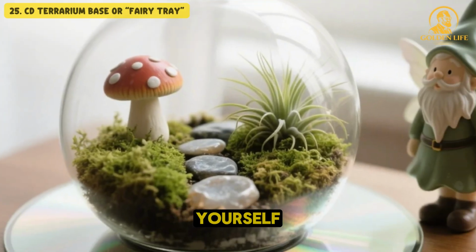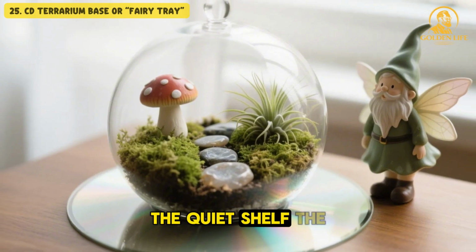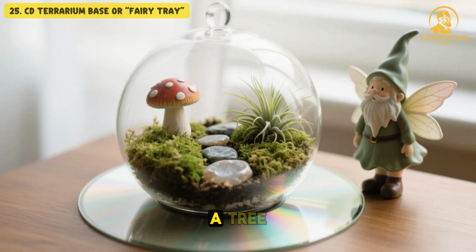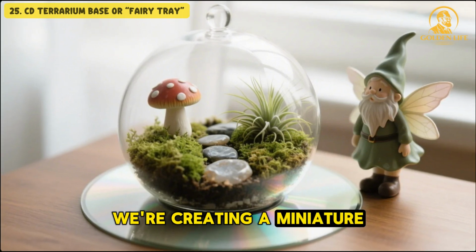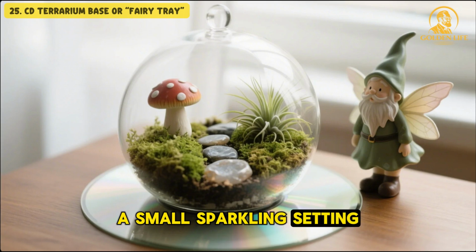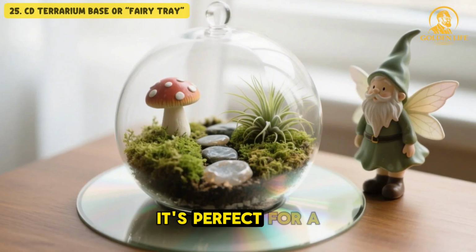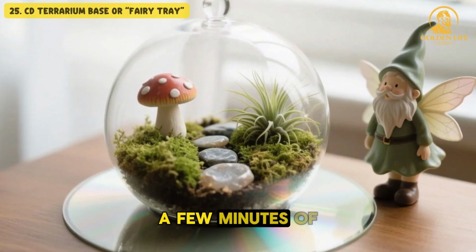Do you ever find yourself drawn to the little corners of life? The quiet shelf, the windowsill garden, the tiny world under a tree. With this final idea, we're creating a miniature stage for magic, a seedy terrarium base or fairy tray, a small sparkling setting for air plants, dried moss, or whimsical treasures. It's perfect for a desk, kitchen counter, or windowsill, and requires only gentle hands, a few minutes of calm, and